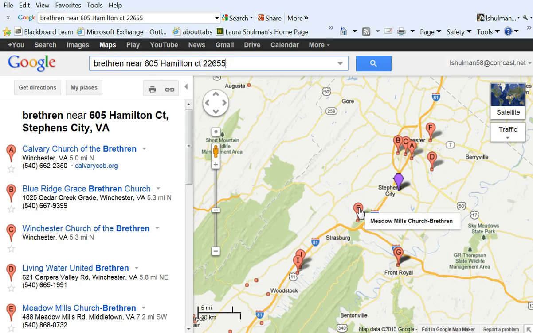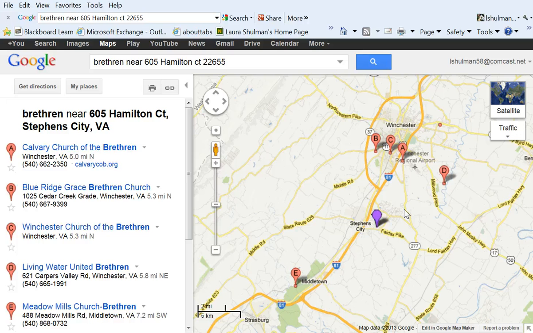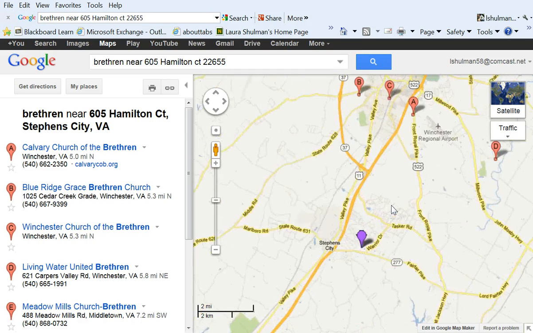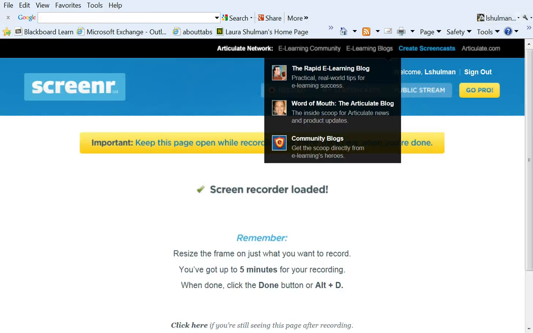The Front Royal, Middletown, Mirrortown, there's several up here in the Winchester area, and of course our address was Stevens City. We can zoom in on this and get a better sense perhaps of which one is closer. And it looks like maybe this one in Winchester seems to be the closest one. This one apparently disappeared, but it's still a little red dot, so you can see it down there. But I want to make sure that there isn't in fact one closer to Stevens City, so I'm going to go over to the